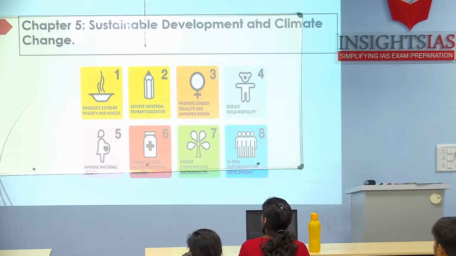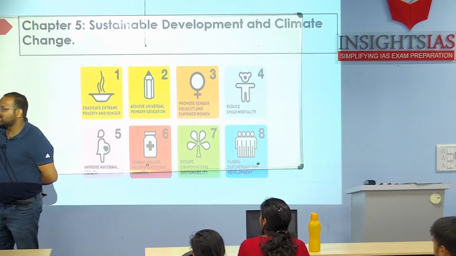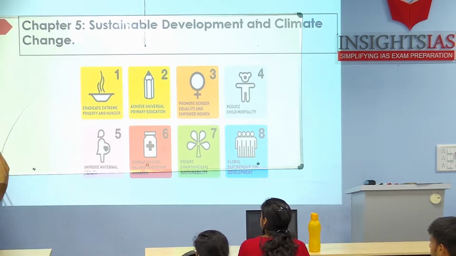SDG 1, poverty. SDG 2, SDG 3, SDG 4, 5, 6, sanitation related, okay, and 7, okay, 8th, USD 5 trillion, 9th,